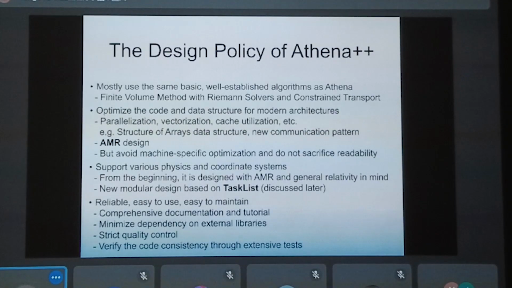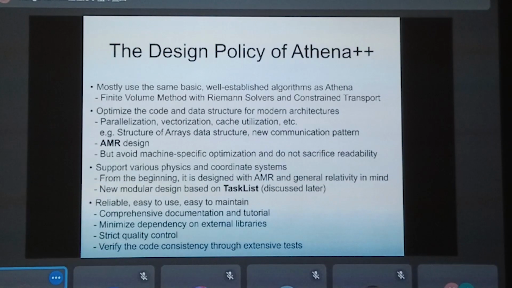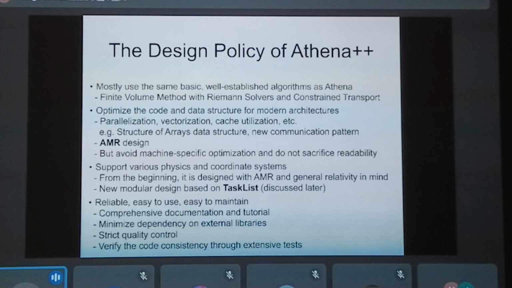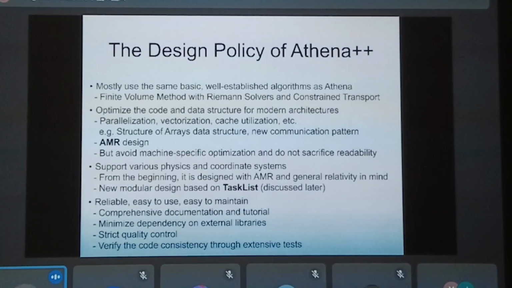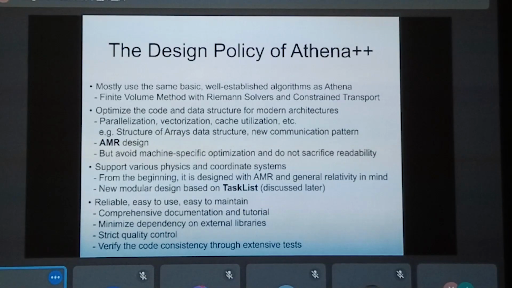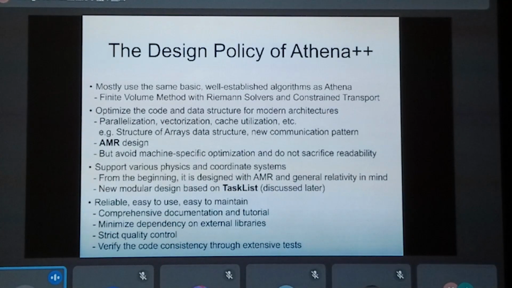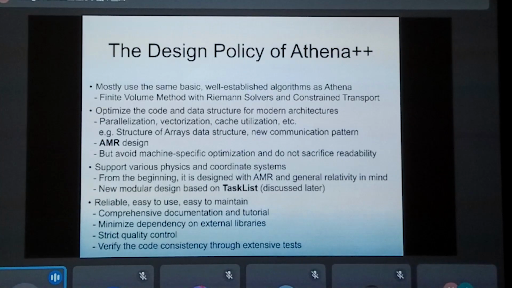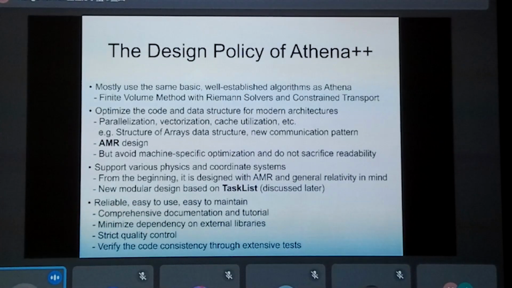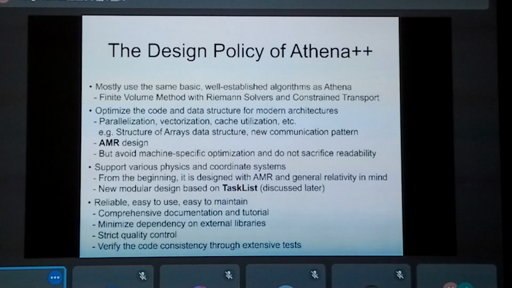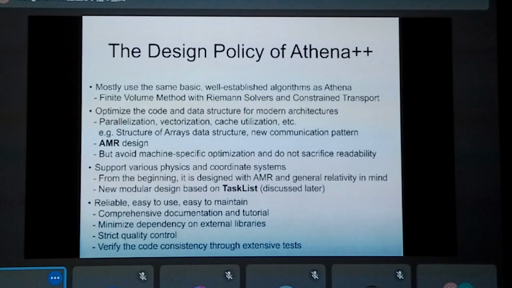So practically, you can run Athena++ on practically any computer. Okay, and we also wanted to enforce strict quality control. So we verify the code consistency through extensive tests. Every time we upload the code, it has to pass all the test programs we have set.